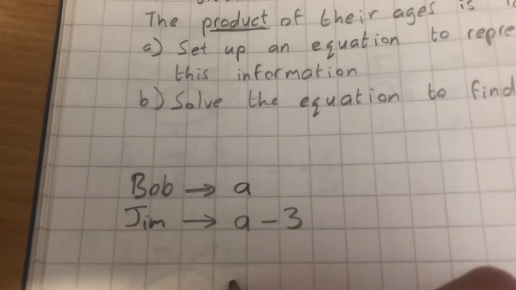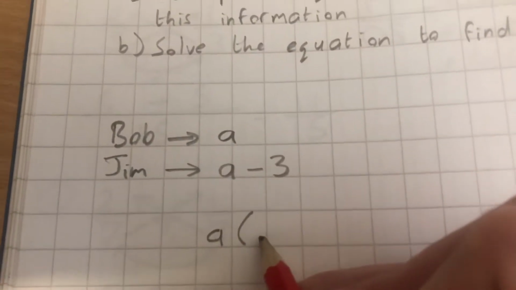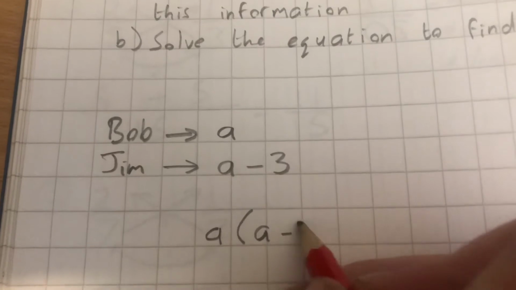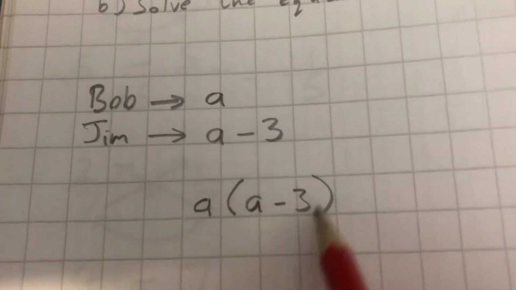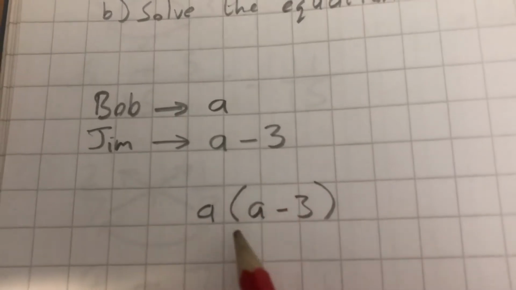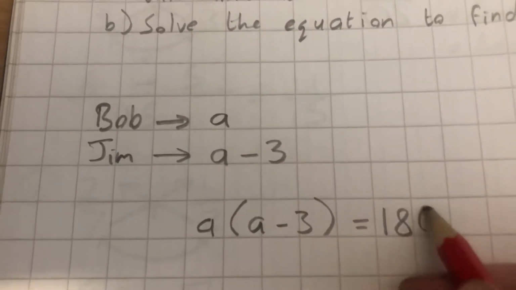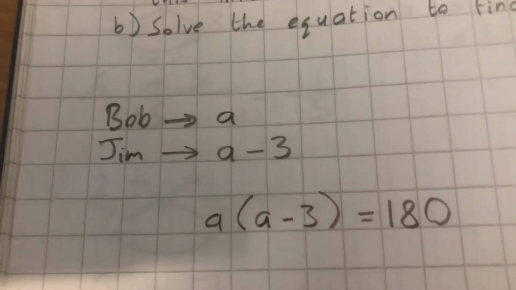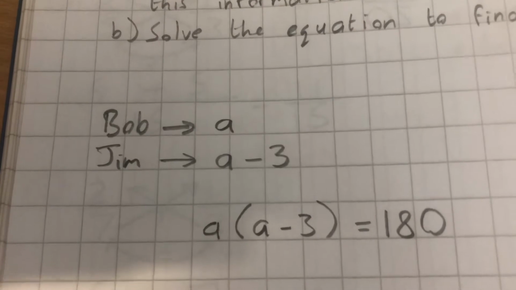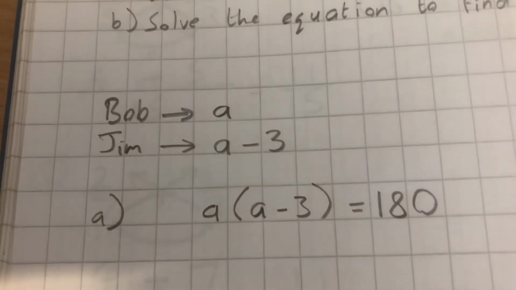So, and again, I'm going to use brackets for this because, as I explained earlier, we're going to end up with a quadratic. A all times A minus 3, and hence why I'm using brackets, because I'm going to multiply everything in this bracket by A. I have to multiply the entire two amounts, is equal to 180. So that's the first part. That is our equation. We can actually leave it like that there. We don't need to multiply anything out just yet, but we are going to end up with a quadratic equation,